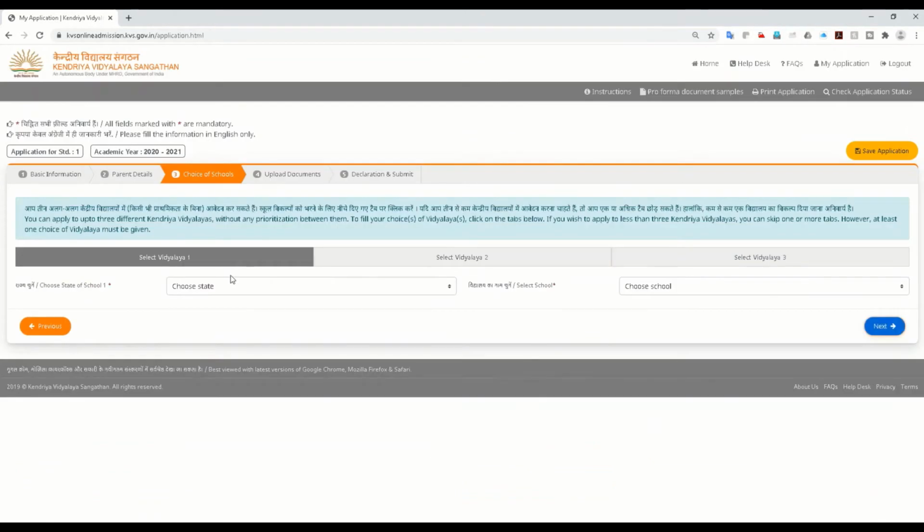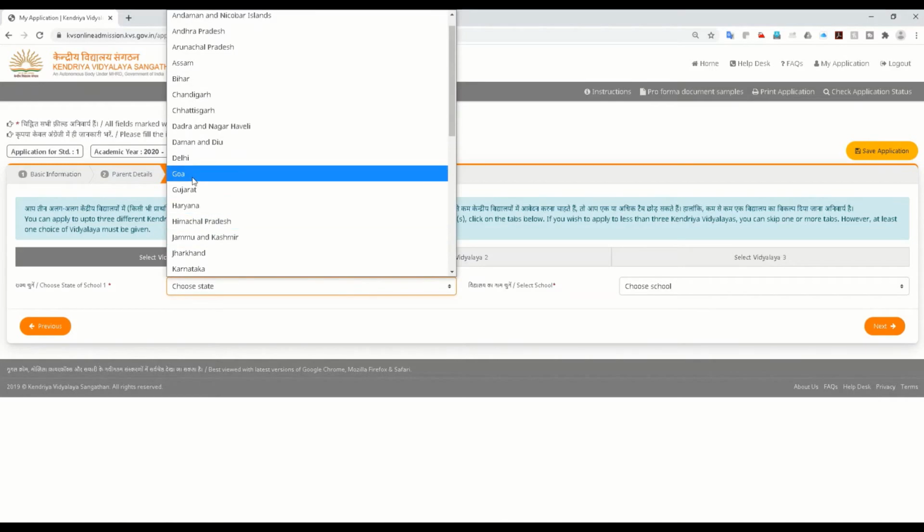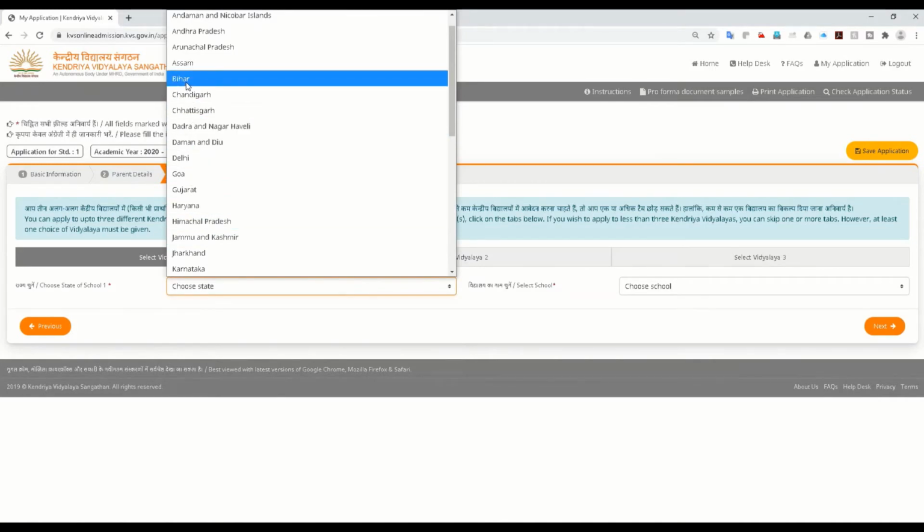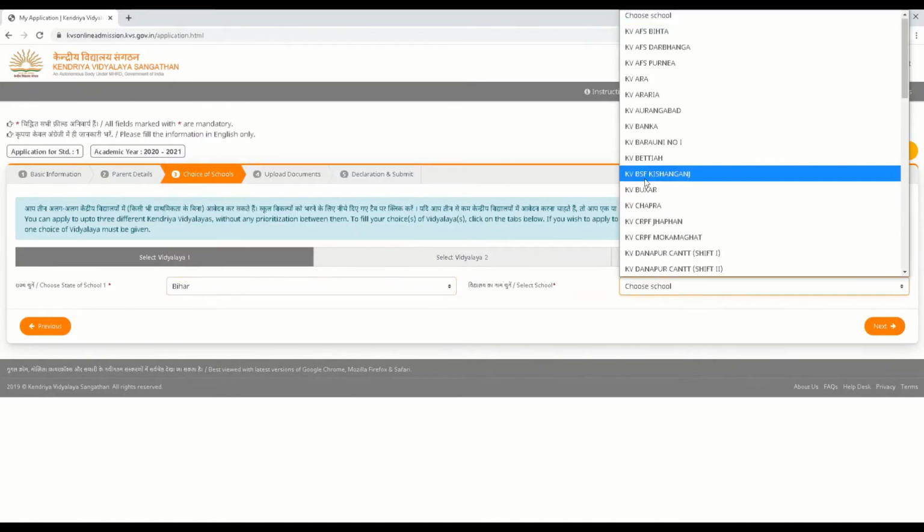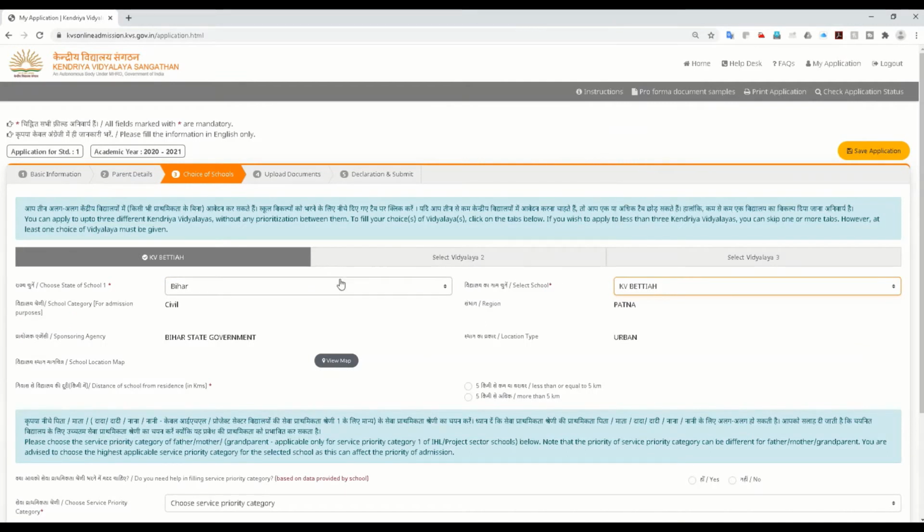Next you go to the choice of schools. As I said, there are three choices of schools, and that is the purpose, they are limiting it to one application per candidate. So we have three choices. Maybe for certain people there will be around three schools in the nearby area, so they can select three schools and apply here. If you select the school, it asks for the kilometer range.